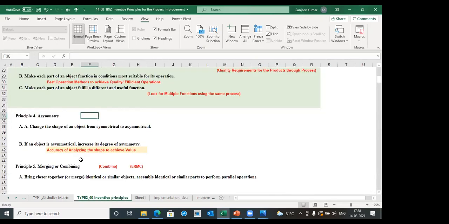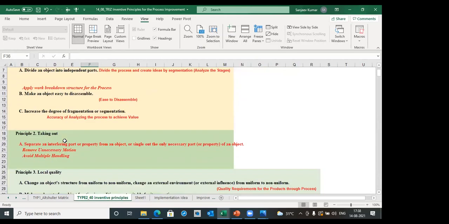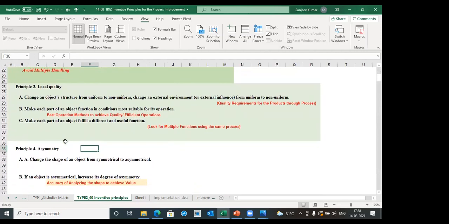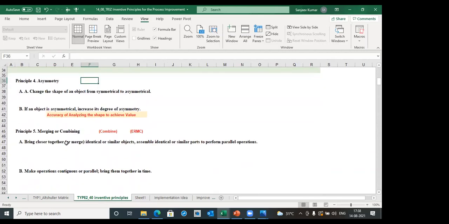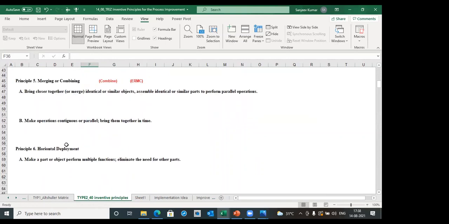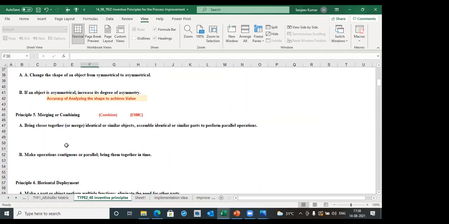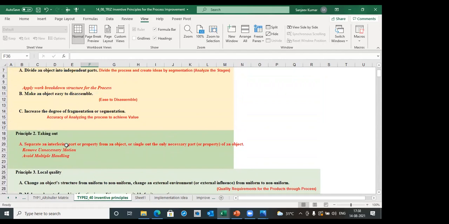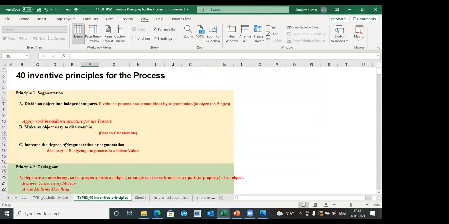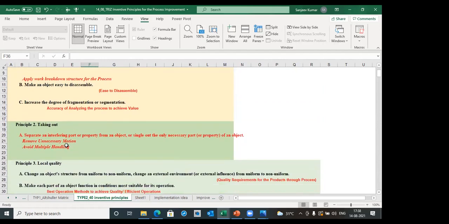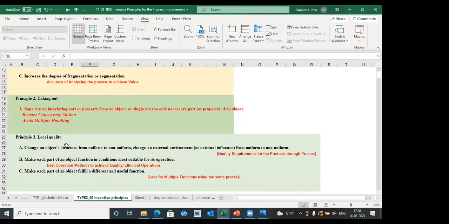So this exercise, we will do now, or we will do internally and then come back, sir? What's the suggestion? Yeah, you can do it internally. But we can do it for 3 principles today. Anyway, we have done segmentation and taking out is over. If you have any idea for principle 3, we can do it. Otherwise, we can do it individually and then in the next session.